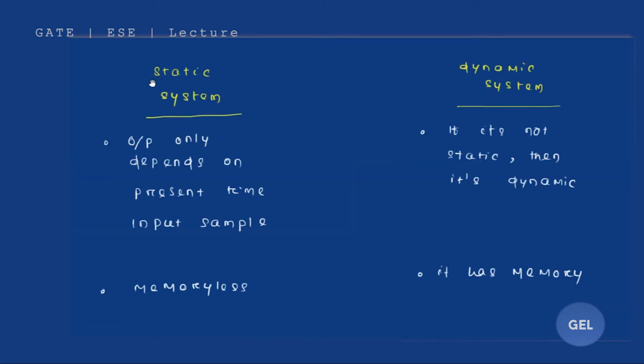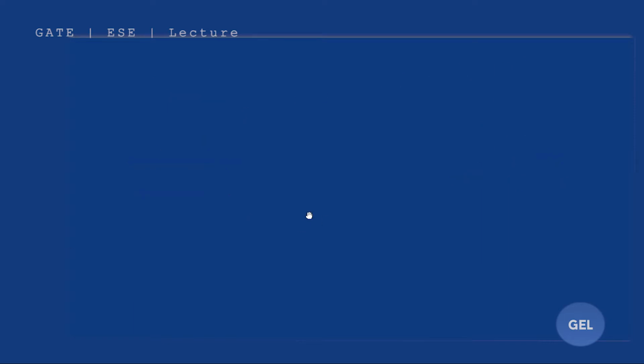Now let's start with the static and dynamic system. I told you that a static system is like a sannyasi, like Gautam Buddha. It only depends on carpe diem. Remember carpe diem, to seize the day, from Dead Poets Society. A static system only depends on the present input, the present instant of time. It always lives in the present instant of time. So the output of a static system is only dependent on the present